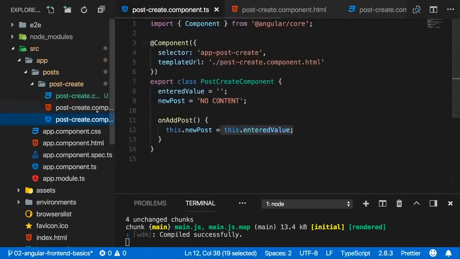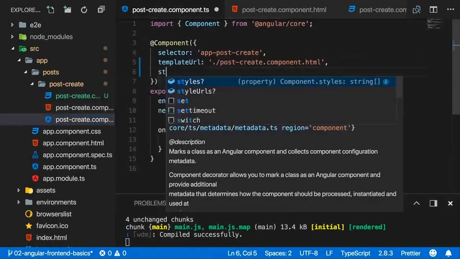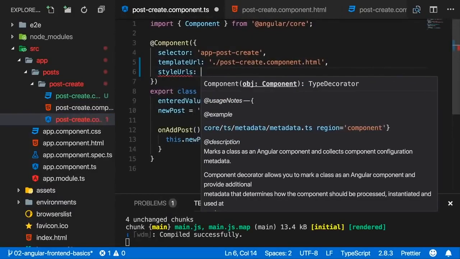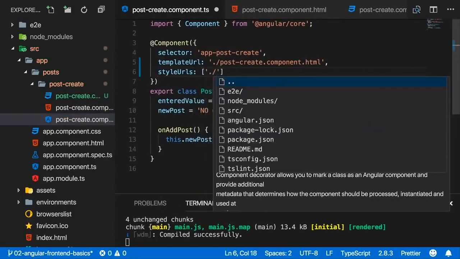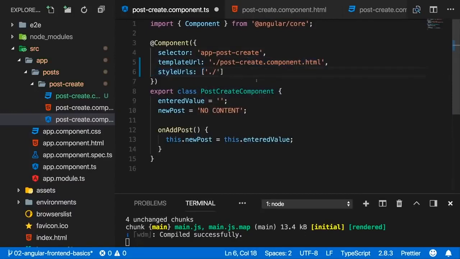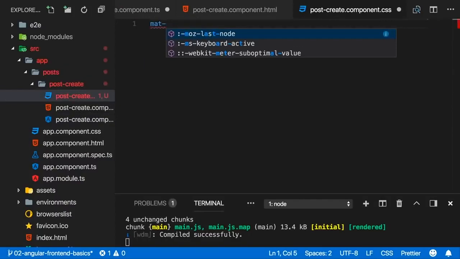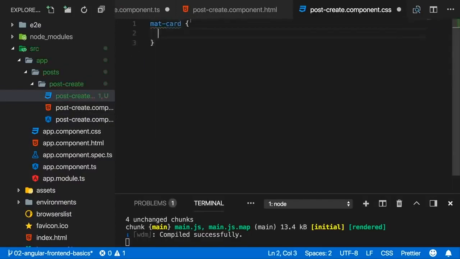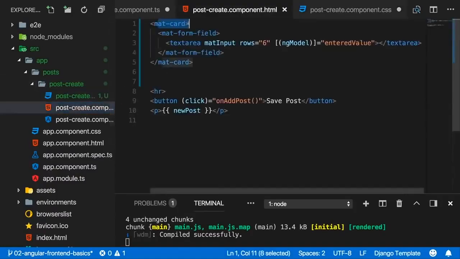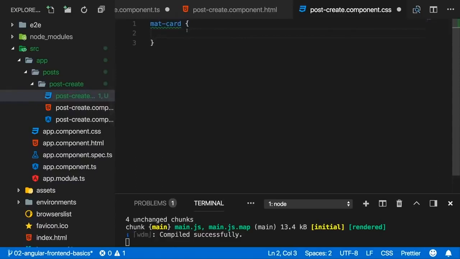And we need to import this by going to the TypeScript file of the component and adding styleUrls here. That's an array of external style sheets. We can only have one template, but we can have multiple styles. And there I point at post-create.component.css. Now we can write our own CSS code there. And I will target my mat-card element. That's cool, we can use the Angular selectors here as style targets. So I will target mat-card here and restrict the width to, let's say, 80% and add margin auto